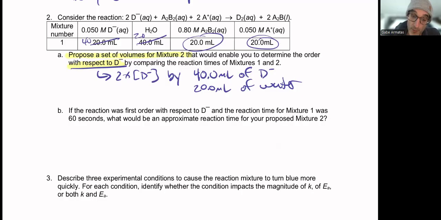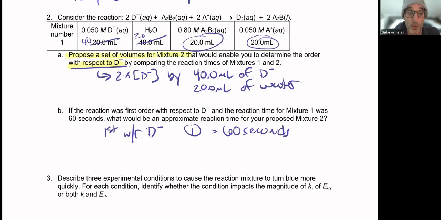All right. So if the reaction was first order with respect to D minus, and the reaction time of mixture one is 60 seconds,